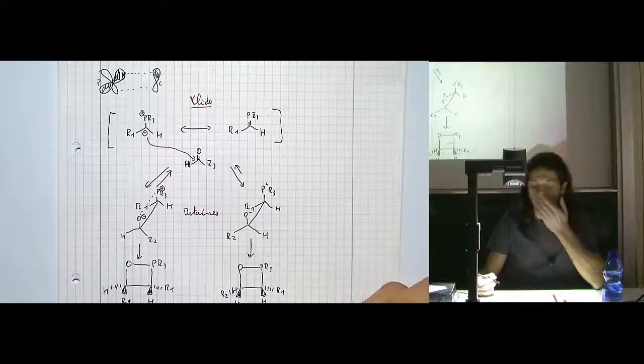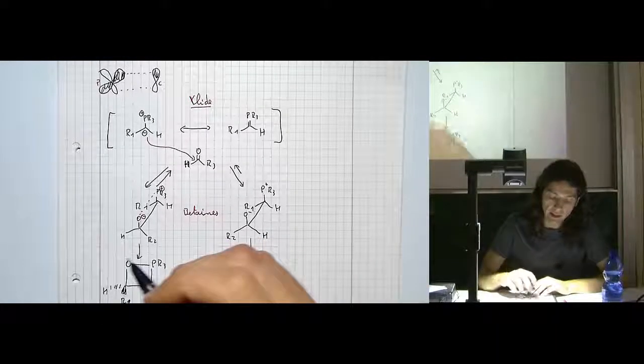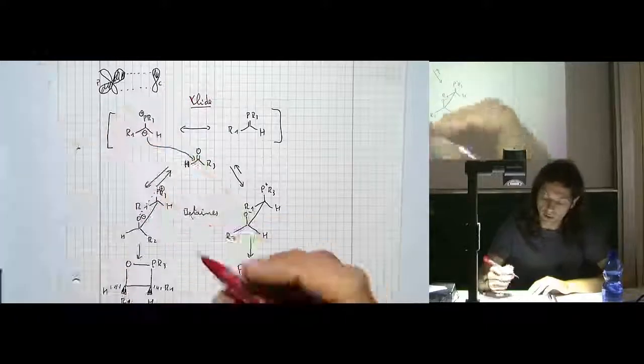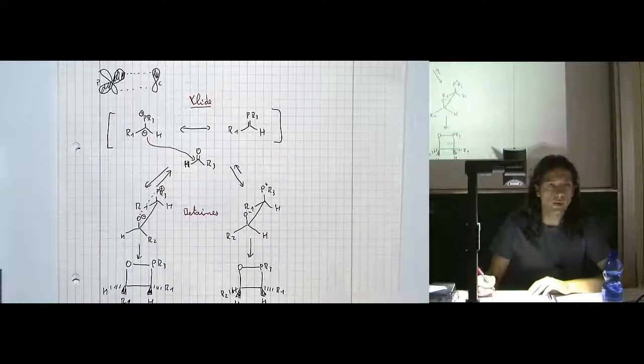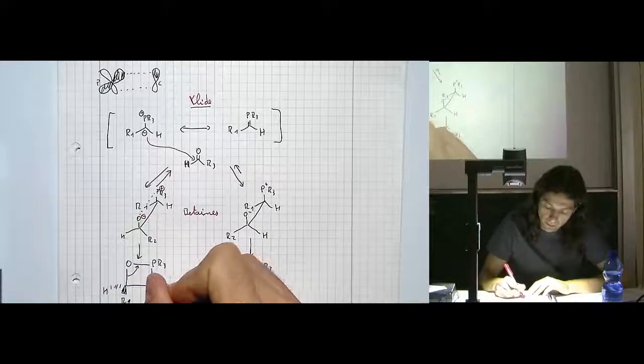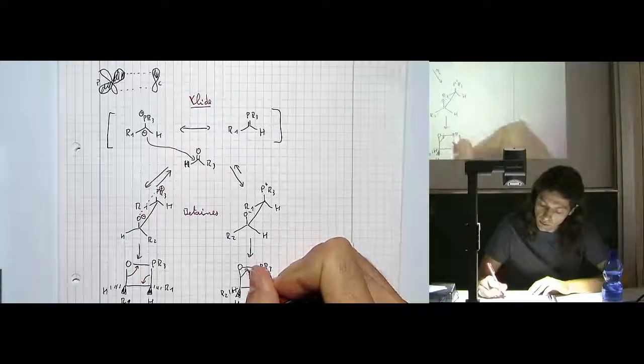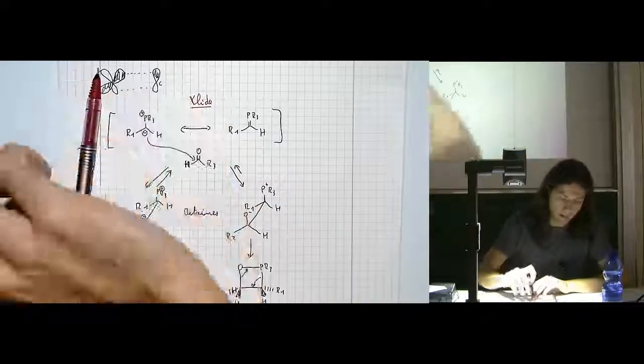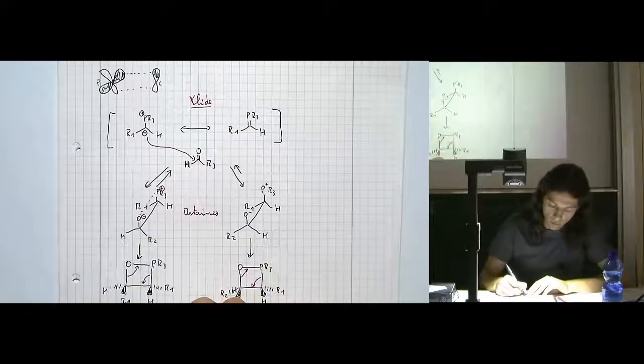The last step of this mechanism is finally the rearrangement. There is a rearrangement to give rise to the final double bonds. So there is like this in both cases, giving rise finally to